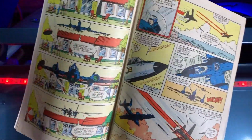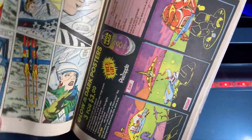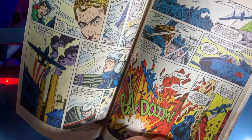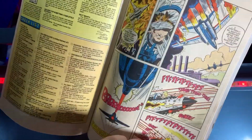It is a great issue. You can't go wrong with this one. Really nice storyboarding. So after they desperately try to kill each other for the entire rest of the comic book and fail miserably even after they've used all of their missiles and expended all of their machine gun rounds,